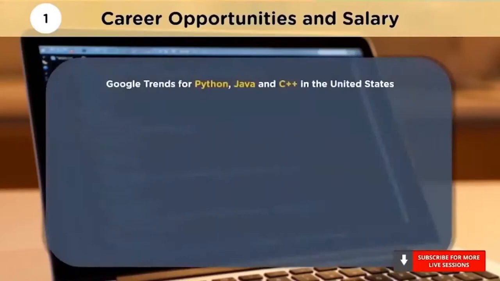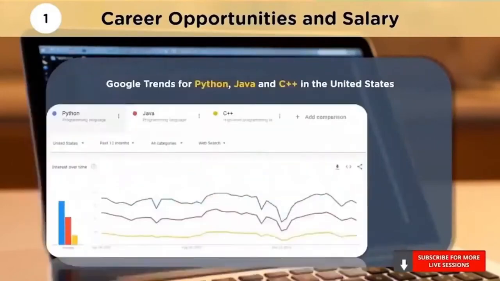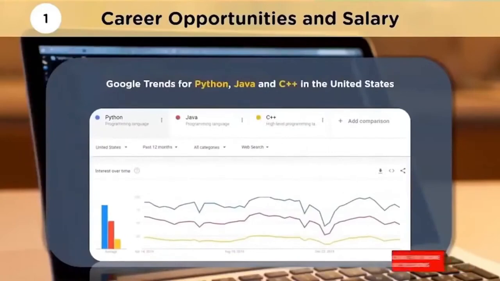Next, you can see the Google Trends, where I have considered 3 programming languages: Python, Java, and C++. I have compared them for the past 12 months. You can see it clearly on your screens that Python has become a frontrunner in terms of popularity and web search volume. It means people are interested in Python, they want to learn it and use it in their work. You can also check for the YouTube search. There also you will find that Python programming language is the most searched language on YouTube.